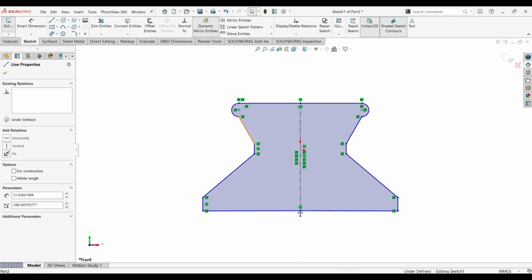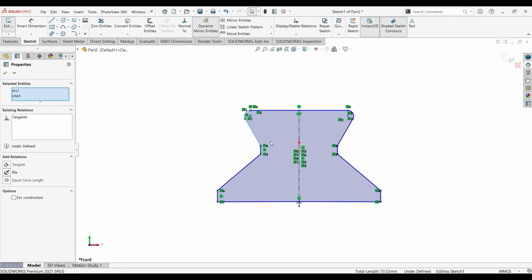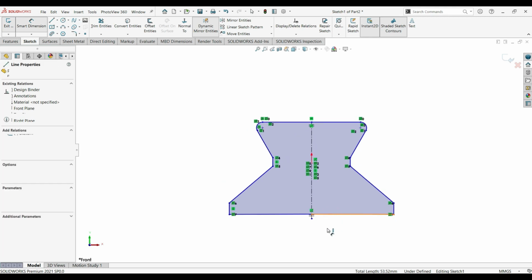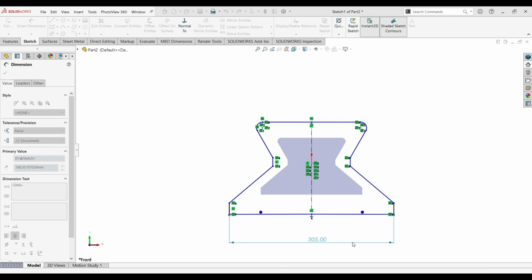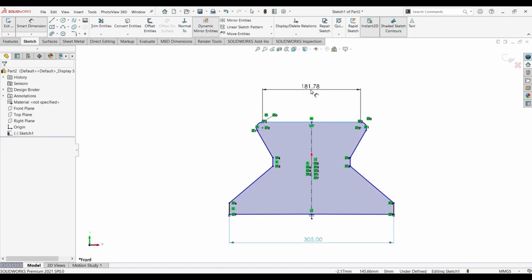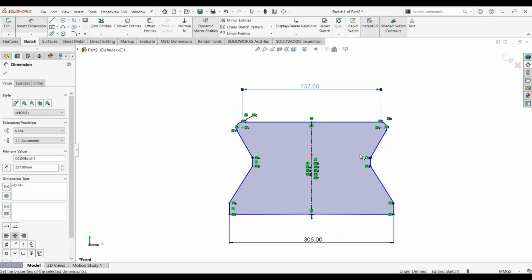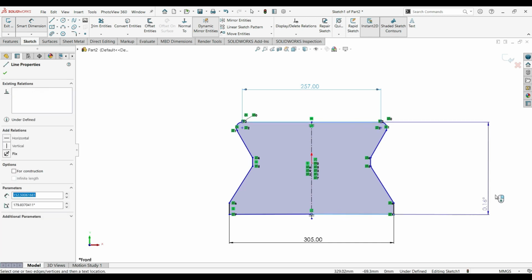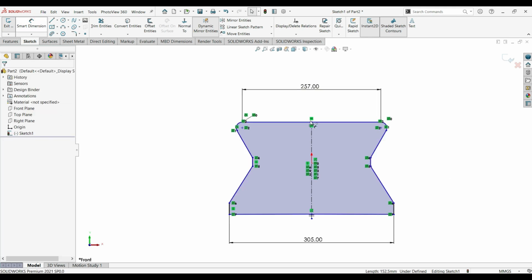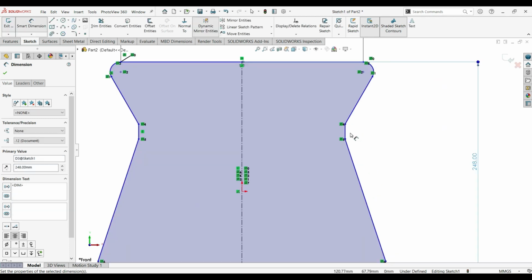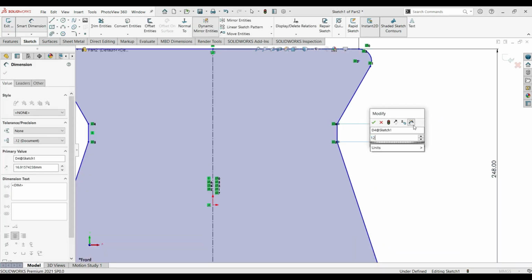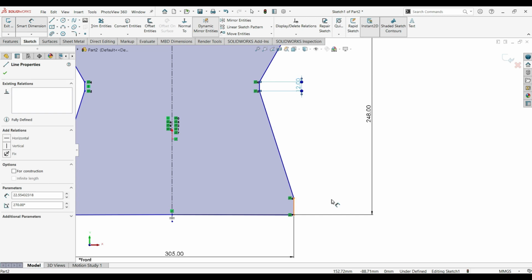Now make a relation here, tangent, and dimension. We'll start on the bottom, like that to these 2 points, and here will be 305. Good. On the top will be 257, and right here the height will be 248. Okay, go back. Okay, good. Let me do this point 248. Good. And here will be 12, and the down will be 16,